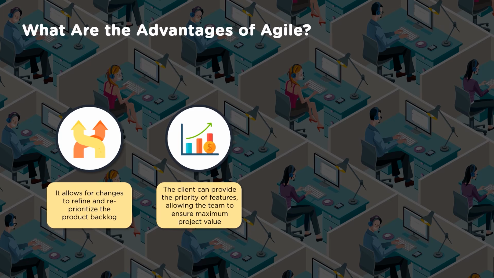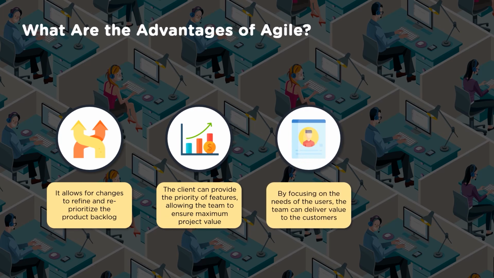So that will become easier because you have the list, only changing that order in the list and then going forward accordingly. Integration is not an issue because we have the base model which can integrate all of this together with no issues. Now then, by focusing on the needs of the users, the team can deliver value to the customers. So users are involved more often. So user pulse is understood, what the user requires is clearly understood. So delivering that value to the customer will become easier and simpler.